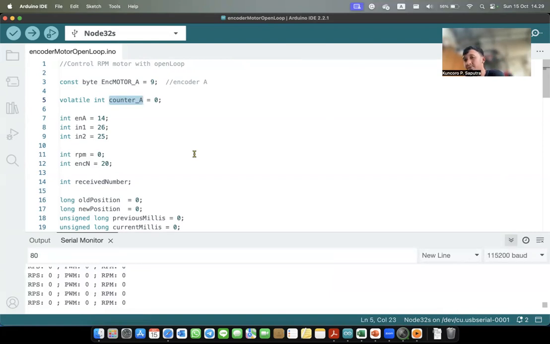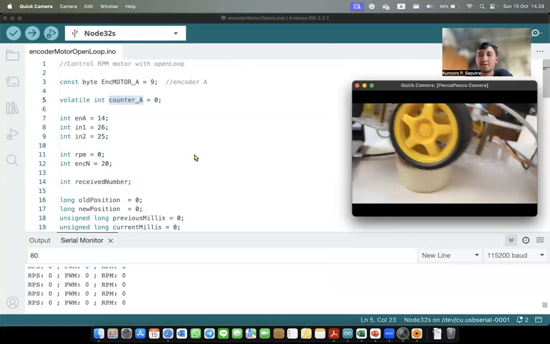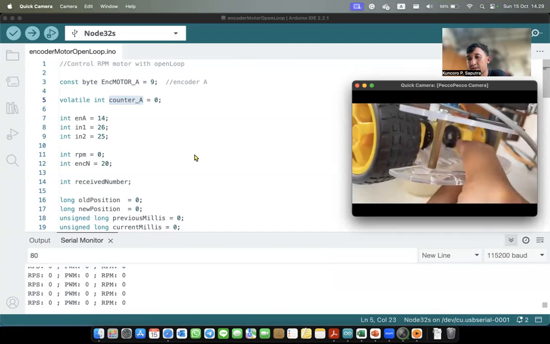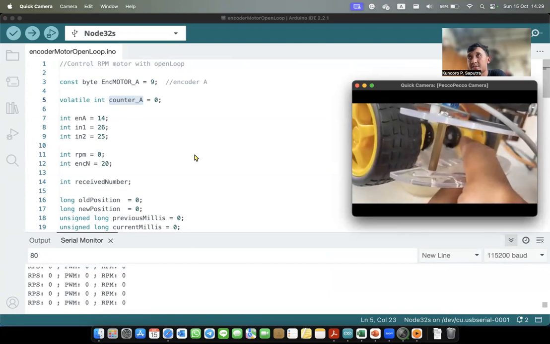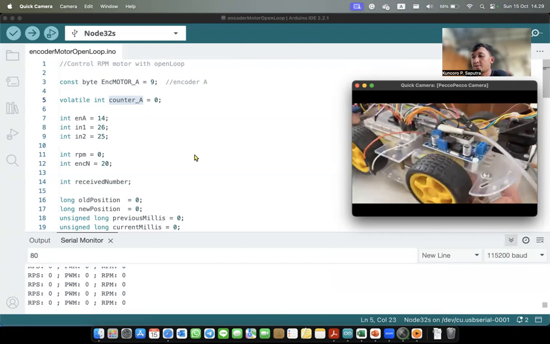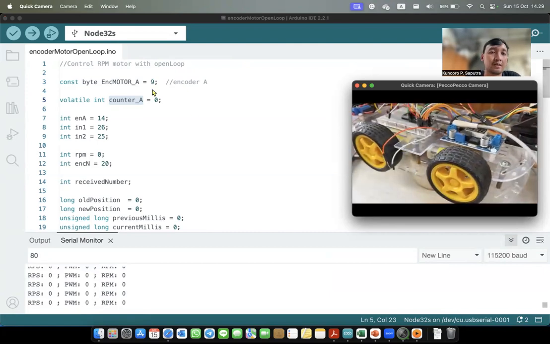We can see that the encoder in this RoboCar has 20 holes, so in one rotation, the value is 20.